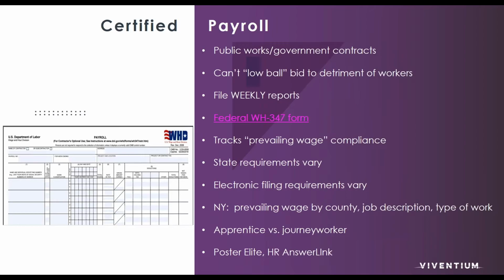And therefore, most government or quasi-government bodies, certainly the federal government, when they award contracts to private contractors, require them to pay at least what's called prevailing wage to their employees. And prevailing wage varies depending on if it's an apprentice or a journey worker, depending on where the work is being done, what state, location. It could even, for example, in New York, the prevailing wage can be different by county. It depends on the job description, depends on the type of work being done, and there are various rates, and